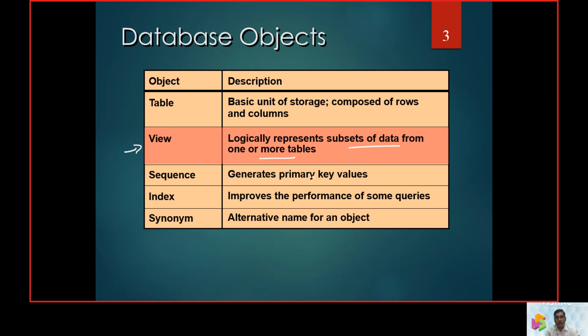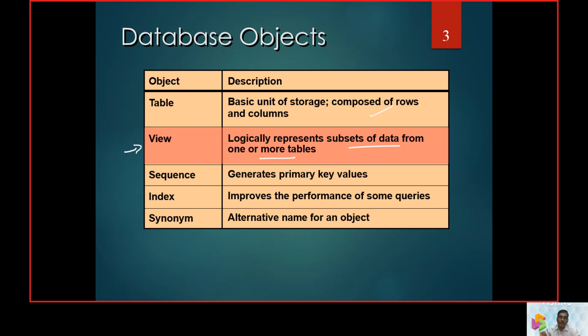for a view. In our earlier lecture, we talked that a table consists of some basic storage unit, and it is going to have some rows and columns. If you take a slice of a part of the table, we can call that slice a view. And a view need not be created from only an employee table.